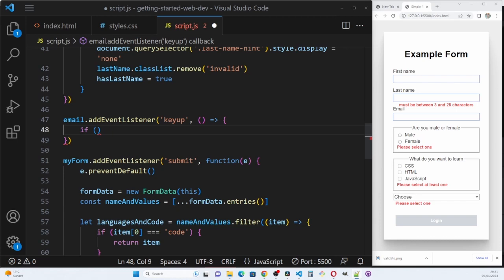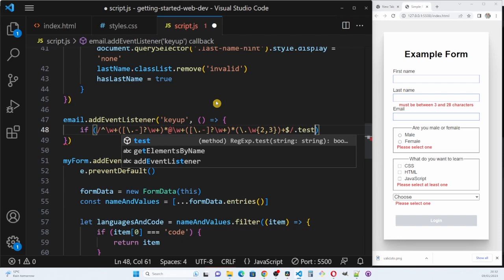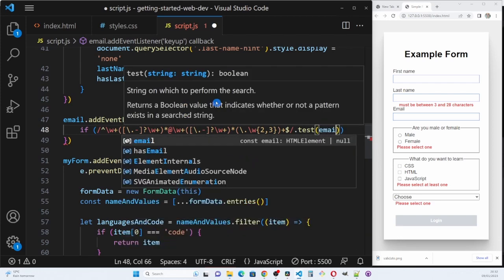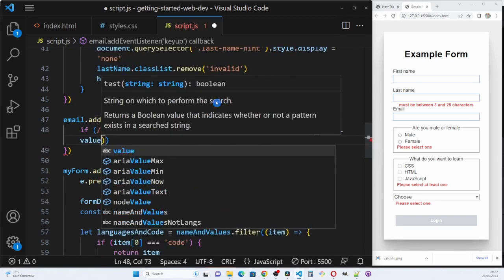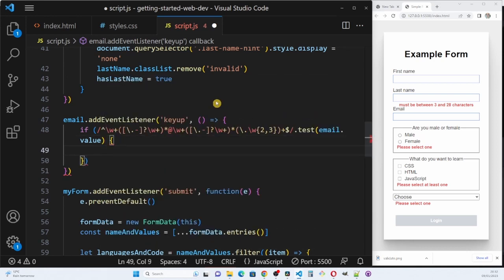I shall leave the regular expression for the email in the description for you to use. So we get that regular expression, then we use the test function with the email value to test it. And if it's true,